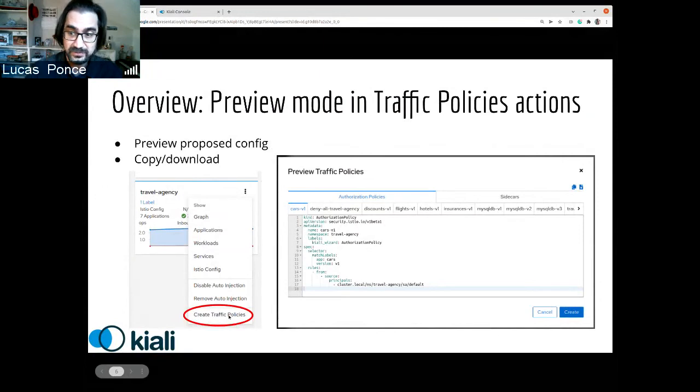So this action creates for you all the authorization policies. Authorization policies are the objects that let you define which sources are going to access your workload, but also the sidecars, which define the destinations your workload can access. So what we introduce this time is a preview mode, not only to generate these artifacts for you, but also to preview. Before we let Kiali create a configuration, it shows to the user,